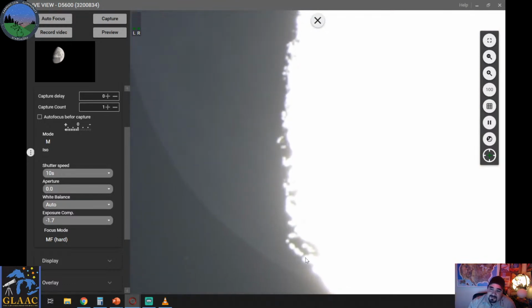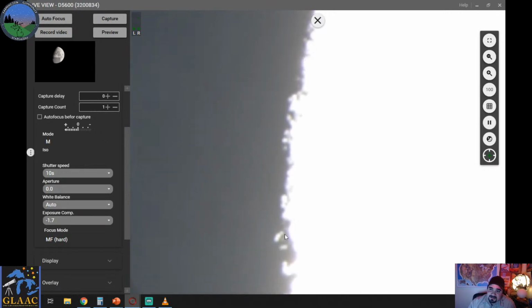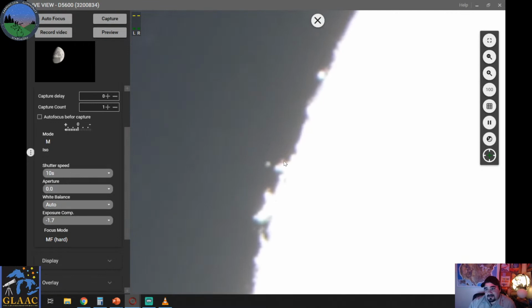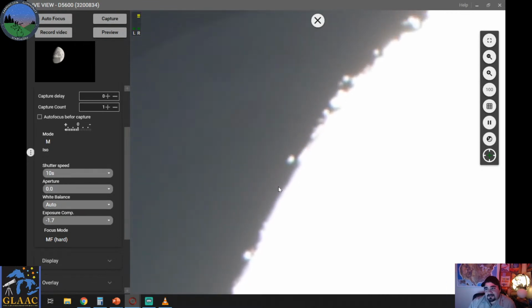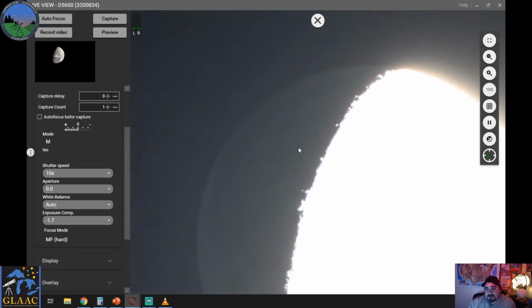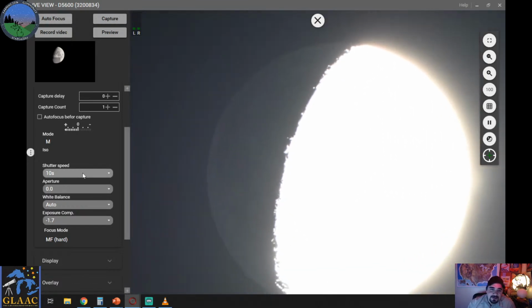But the western rim of the Tycho crater is catching the sunlight because it's high enough above the lunar surface to do that. But the rest of it is in the darkness. And you can see a lot of those peaks there. But you can also see the rest of the moon, and we can do better. Let's do a 30-second exposure. And while it does that,